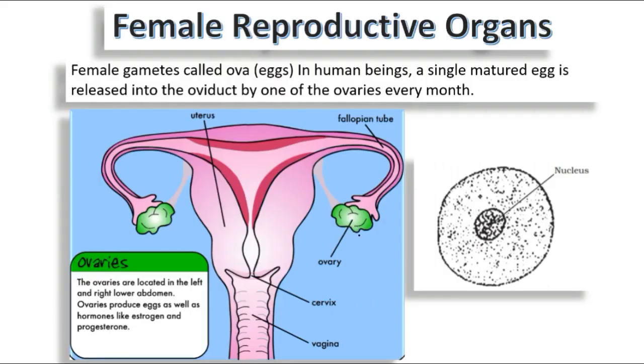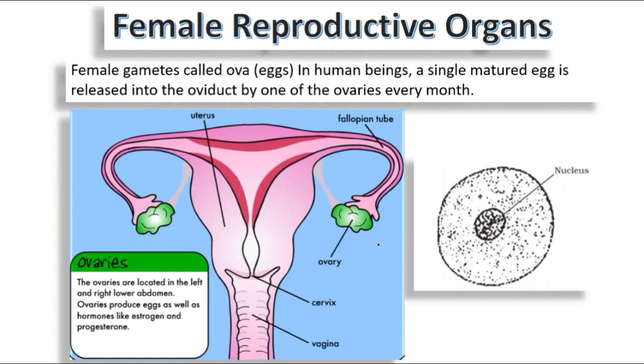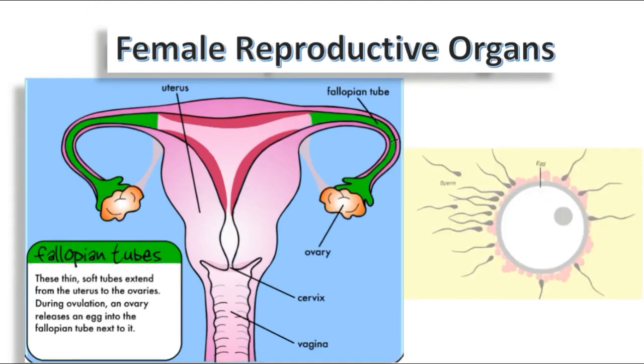And you know, egg is a single cell, therefore this has all the components of a cell, just like a sex cell from a male which is called a sperm. Sperm is also a single cell which has all the components of a cell such as nucleus and cytoplasm and all those which you have already studied. So ovaries are responsible for the production of the egg, and then the egg will move to a fallopian tube. Next is the fallopian tube, and somewhere here in between the fallopian tube there will be meeting of sperm with the egg.